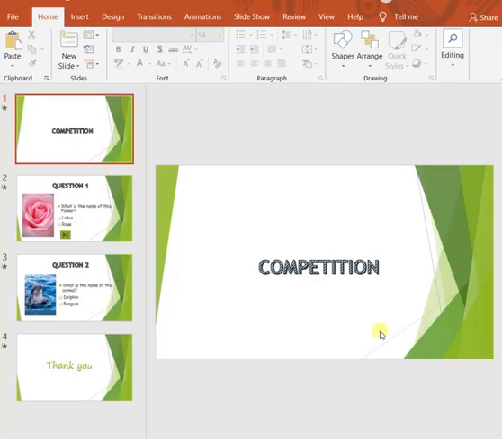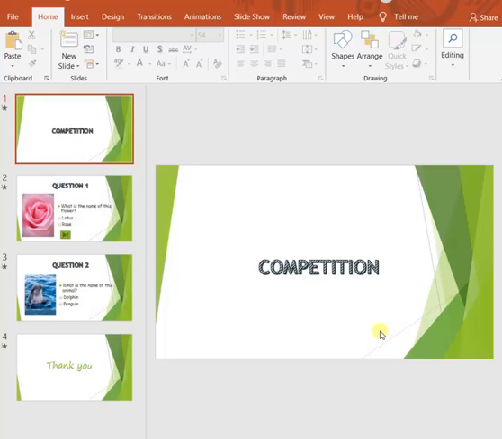The slide master gives common information regarding the theme and slide layouts of a presentation. This theme and slide layout means the background, color, fonts, effects, etc.